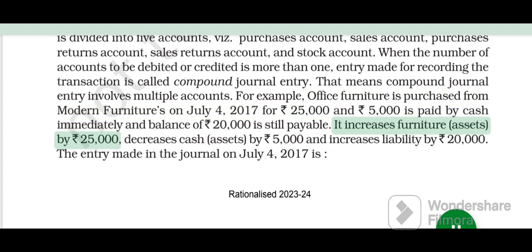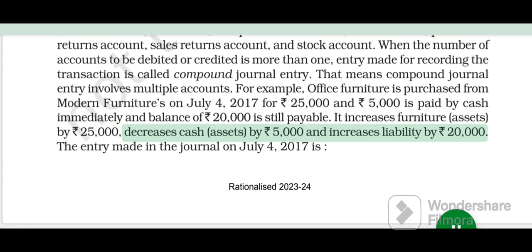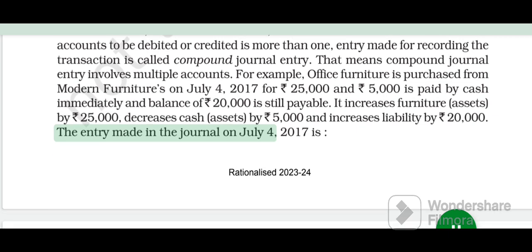It increases furniture assets by Rs. 25,000, decreases cash assets by Rs. 5,000 and increases liability by Rs. 20,000. The entry made in the journal on July 4, 2017 is